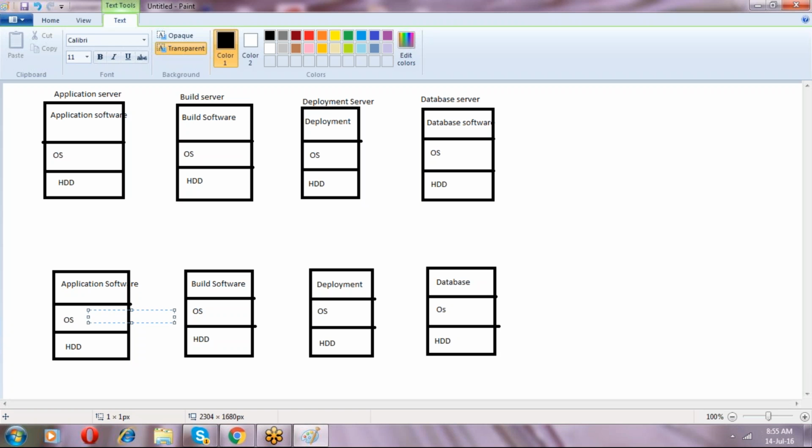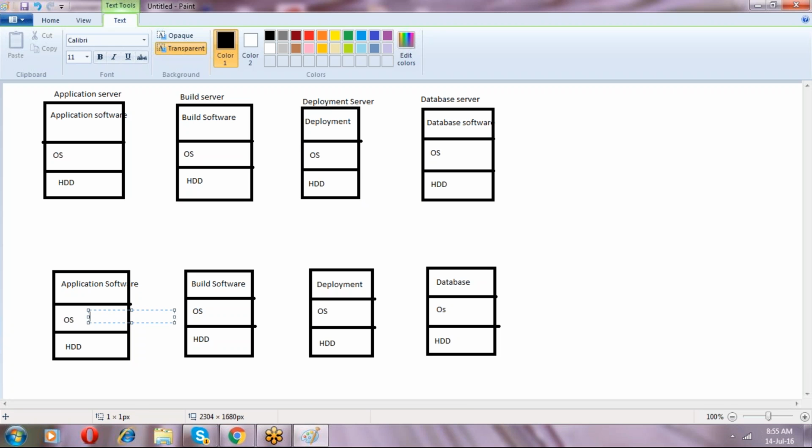Okay, that same thing is applicable for all the eight servers: application server, build server, deployment server, database server, and then the backup application server, backup build server, backup deployment server and backup database server. That means there is 100% dependency on each and every layer.